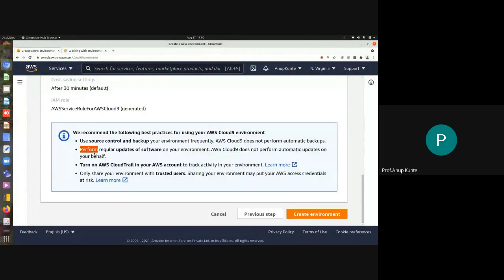Now, what is this service called Cloud Trail? Cloud Trail actually maintains log information of your instance, जो आपका EC2 instance है, as well as whatever you are doing on the cloud, whatever traffic you are generating on the cloud. क्योंकि क्लाउड को आप एक्सेस करोगे, ब्राउजर से एक्सेस करोगे या SSH एक्सेस करोगे, तो जो भी ट्रैफिक जनरेट हो रहा है उसको लॉग करने का काम, उसका लॉगिंग का काम क्लाउड ट्रेल करता है.